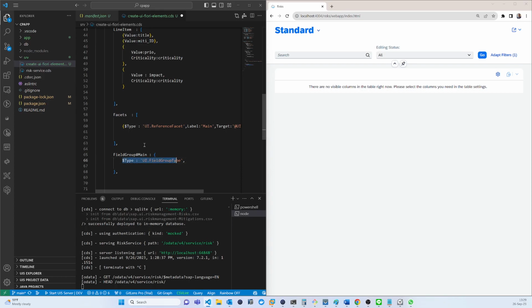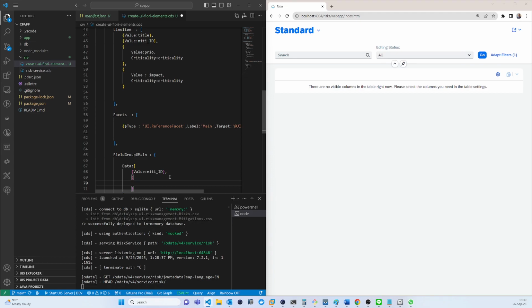Always better to delete this line. Data, then here the value TID,